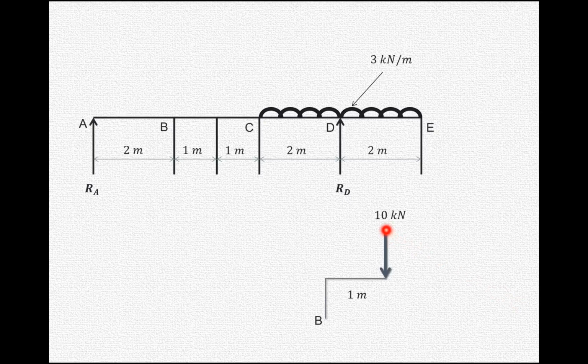So as you can see over here, this particular 10 kilonewton load that we have shown over here acting at point B, and this 10 multiplied by this 1 meter, and this arrow will go in the clockwise direction towards P, so it will create a clockwise moment of 10 into 1. So this 10 and the perpendicular distance, this horizontal distance is 1 meter, so 10 into 1, that is 10 kilonewton meter at point B.